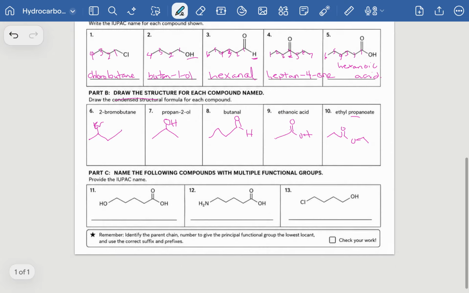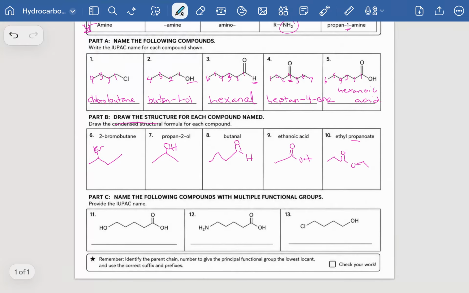Lastly, we have a few more. Some of these you definitely would not see in Chemistry 30, but they are challenging and you would see them in some intro chemistry organic courses. So looking at what we have here, we have this group on the end. That is our carboxylic group, but you also have an OH group on here. So if we're going to name this one, we'd have carbon 1, 2, 3, 4, and 5. So on carbon 5, you would call that OH group a hydroxy group. So it would be 5-hydroxy,